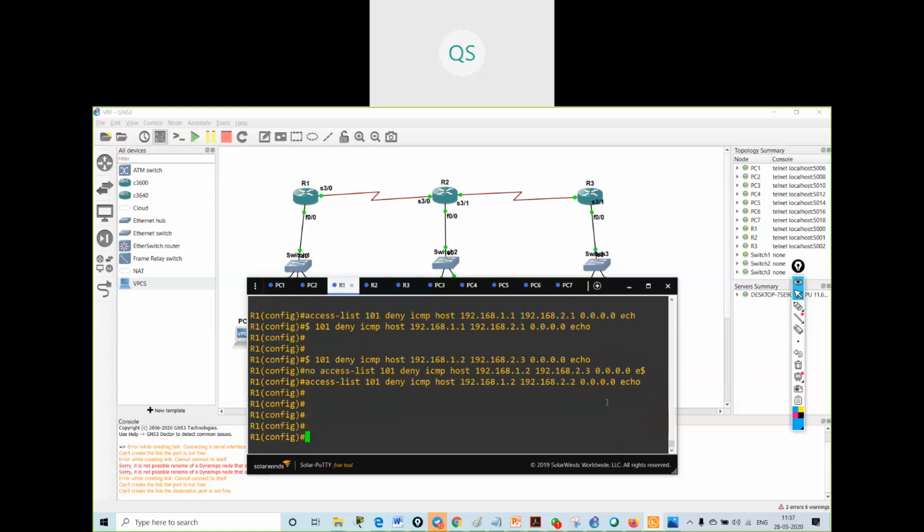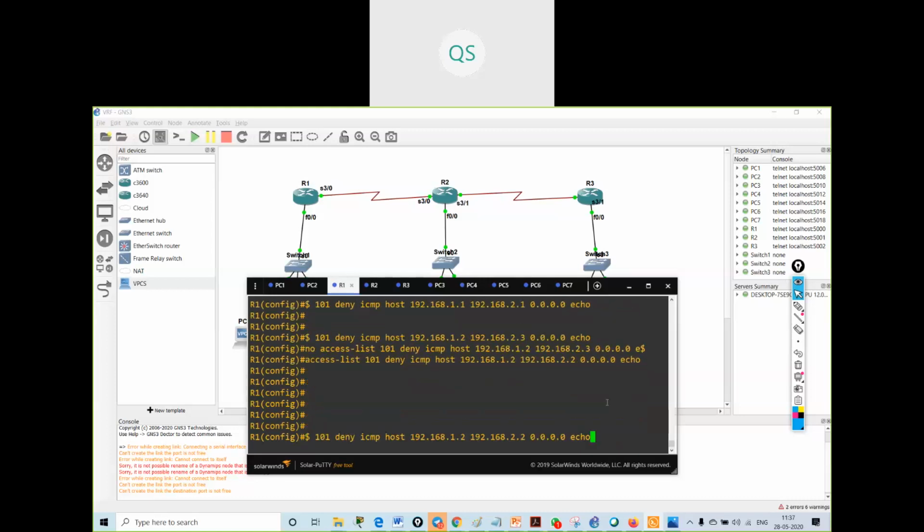Then the third thing I want is that 1.3 should not ping the 192.168.3 network, 0.0.0.255, echo.